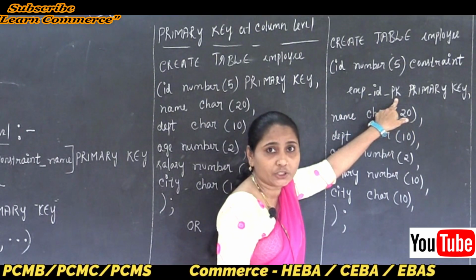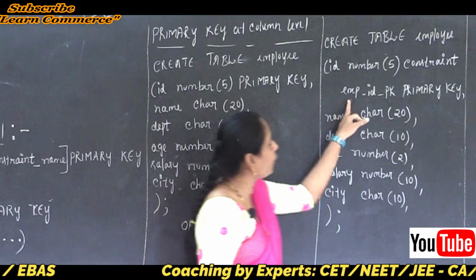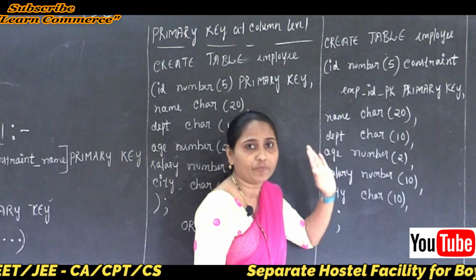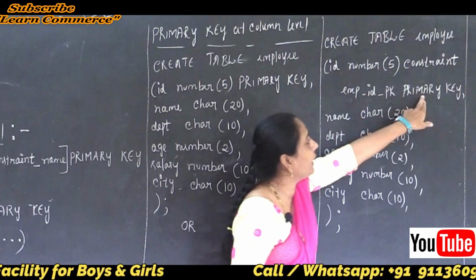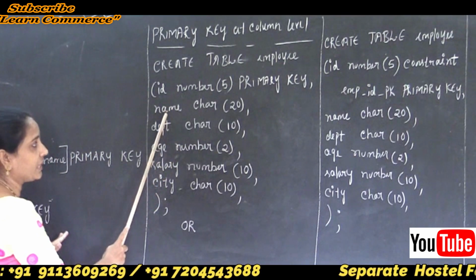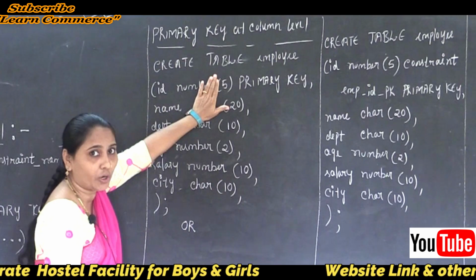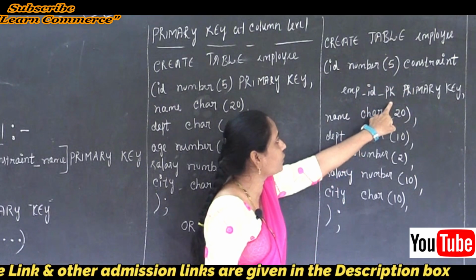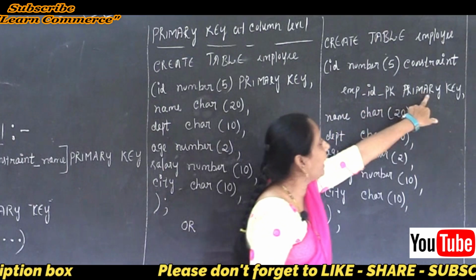It is not necessary to use. So any constraint underscore name we can use. Clear this point here? So instead of this one you can use, for example, EMPI. Otherwise you can use EMP. No effect on the table. So EMP underscore ID underscore PK, and next is our primary key. Clear this point? So the difference between our first example and the second example: in the first example the constraint underscore name is not there, but in our second example I used the constraint underscore name EMP underscore ID underscore PK, and applied the rules.